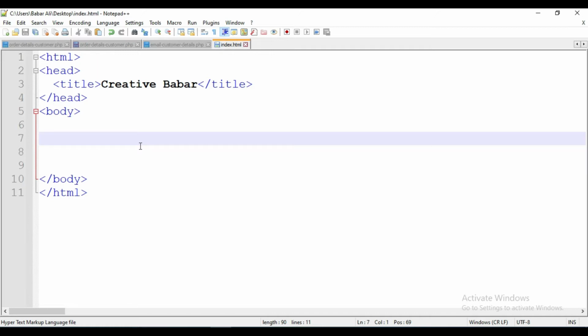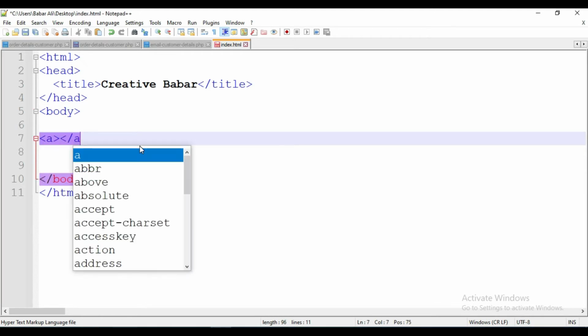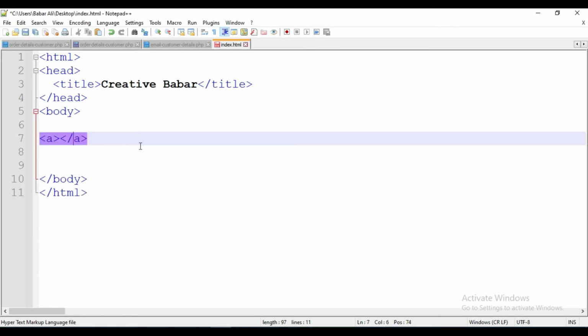A link or hyperlink is a connection from one web resource to another. Links allow users to move from one page to another, or from one server to another on the internet. The anchor tag, by default, has the color blue, but when we visit it, its color is purple, like I am going to show you. The a tag has a main attribute, href.